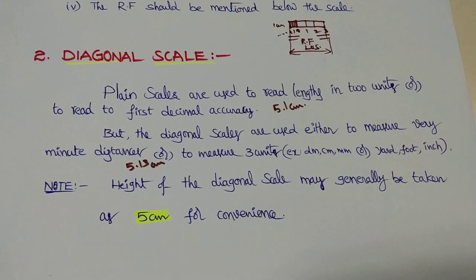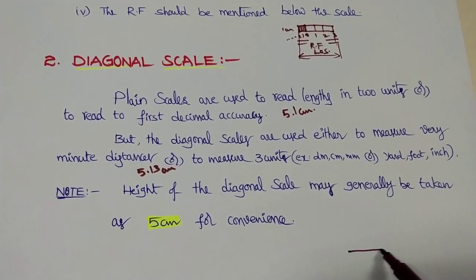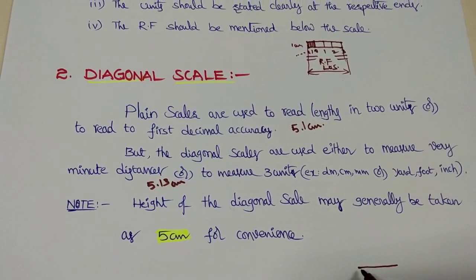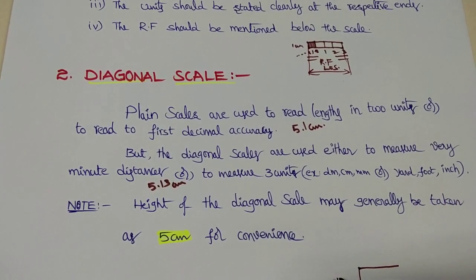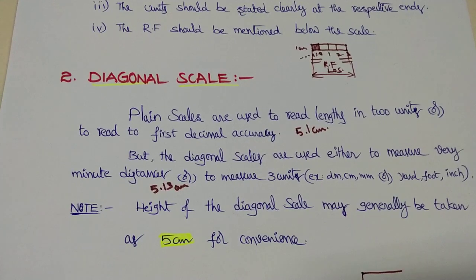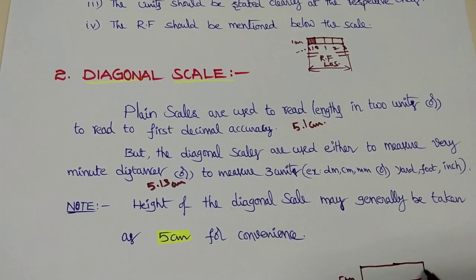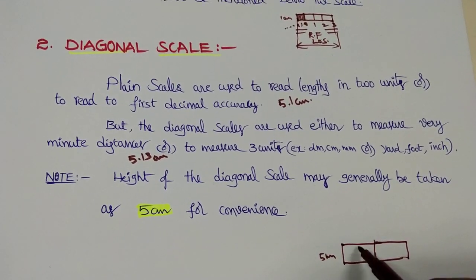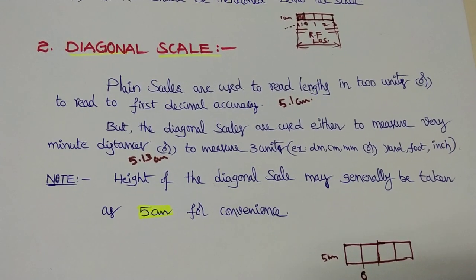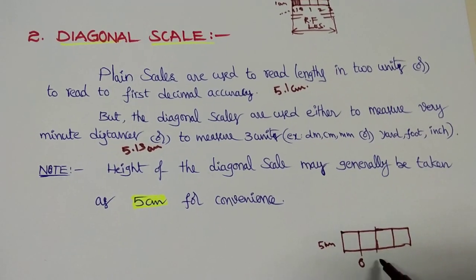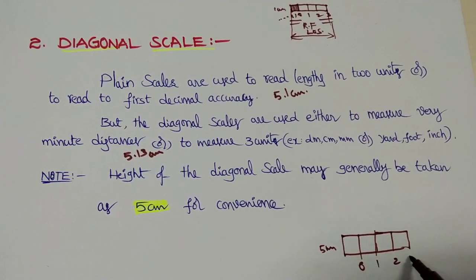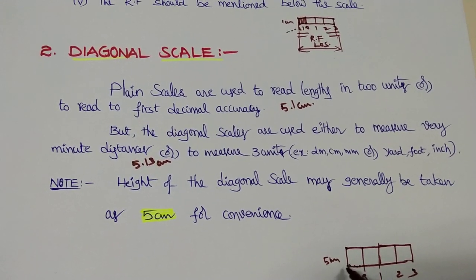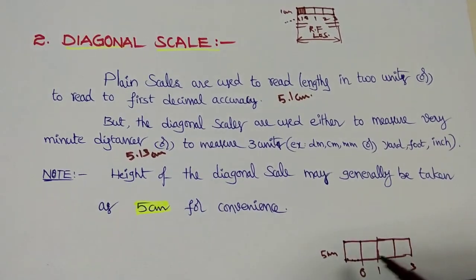And similarly, coming to the diagonal scale, the first two steps are the same. We have to calculate the length of the scale according to the given data. Next we should take 5 centimeter for convenience as the breadth or height of the scale. Suppose we got the scale in this way. Next we should divide this into a number of equal parts, depending on the L max. 0 should be placed at the end of the first main division. Next towards the right hand we can give the main division units. Similarly we can divide this into a number of subdivisions. Then after that we should divide each subdivision into diagonal divisions.